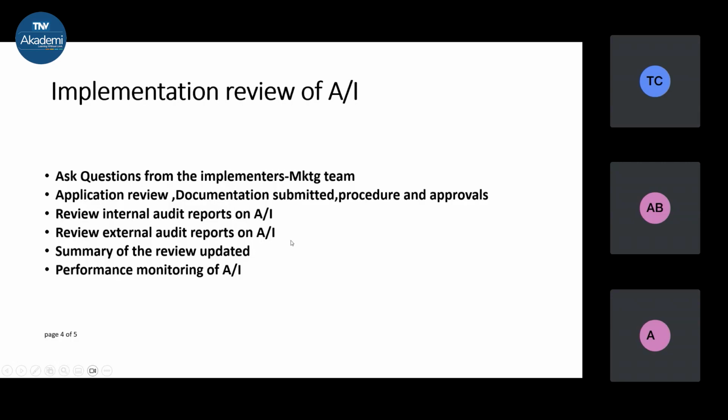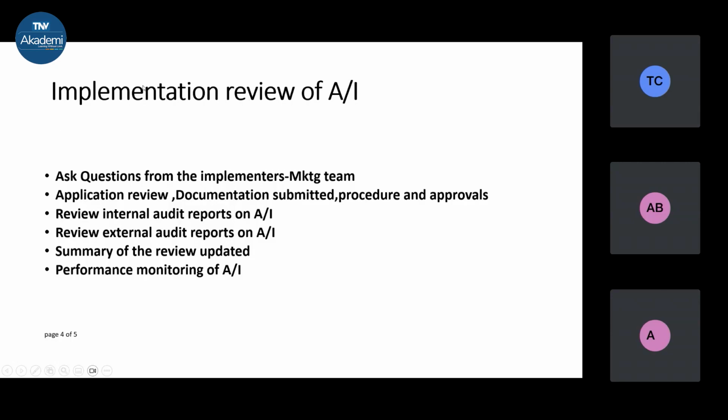When a certification body is having the surveillance audit from the accreditation board, those reports are there. It is equally applicable for a client, where sometimes second party audits are conducted, sometimes the client's audits are conducted. So they all come into the category of external audit. So has that external audit reviewed and looked at application and inquiry? Have they tried to relate it so that improvement is brought about in the further review process of the application?